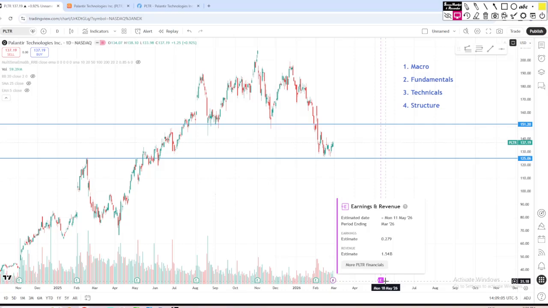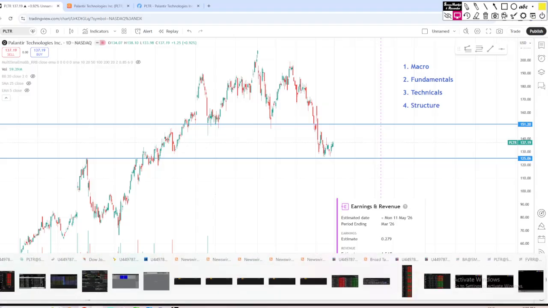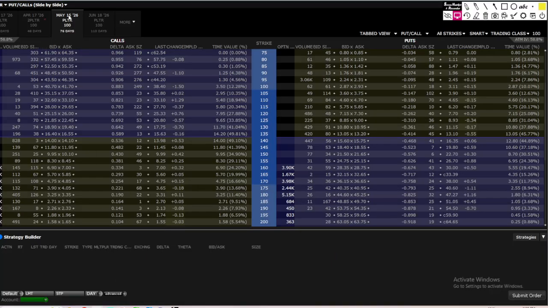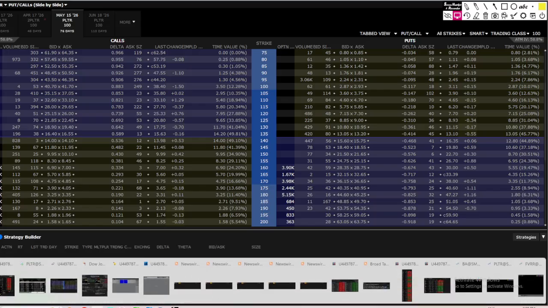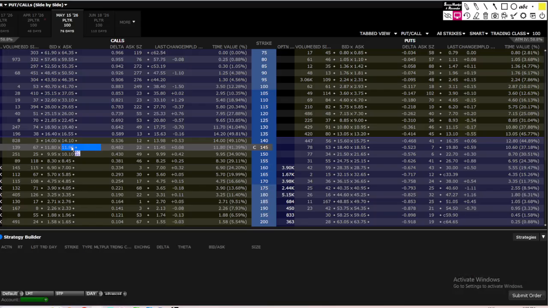So I'm looking for a May expiry, okay? So we'll go back to the options. We're going to go into the May. This is the May. Now, which ones do we want to buy? This is where the art comes in. I want to get close to at the money. I'm building the structure here as we speak. Let's say the 145s, it's trading at like 136. So let's say the 145s